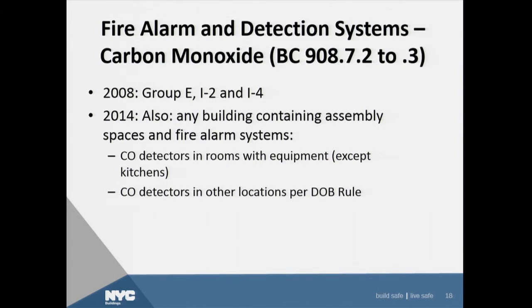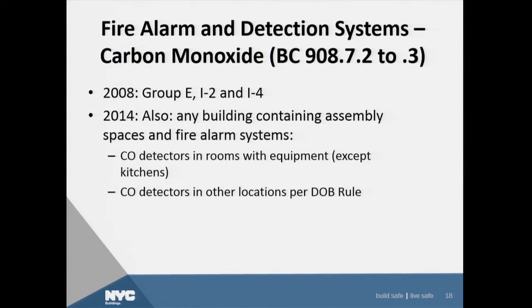this code, which also requires carbon monoxide in any building that contains an assembly space and also is already required to have a fire alarm system. So what that means, and think about this, I have an office building, but there is an assembly occupancy on the ground floor. I have an office building, but I have a cafeteria on the 17th floor. I would not normally be required to install carbon monoxide detection, but this local law requires that any building that has an assembly occupancy and is already required to have a fire alarm system must have some detection for carbon